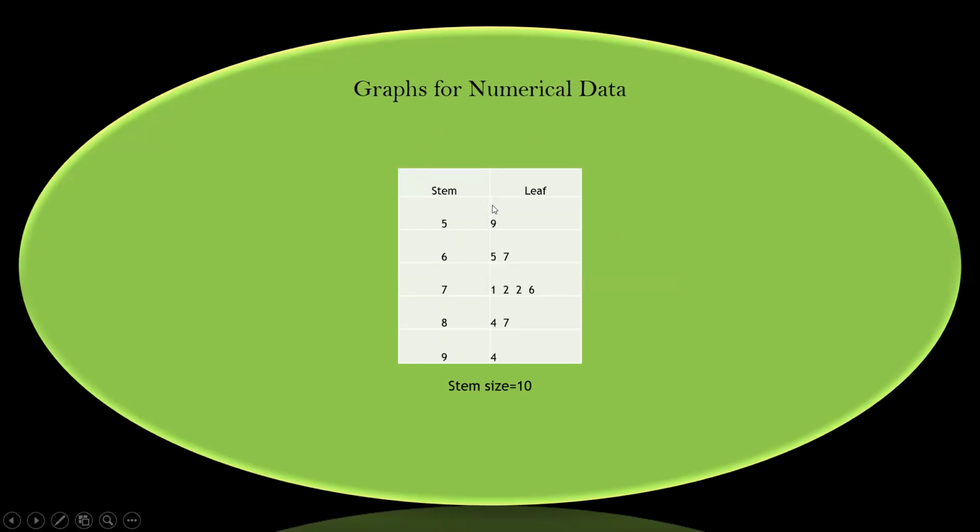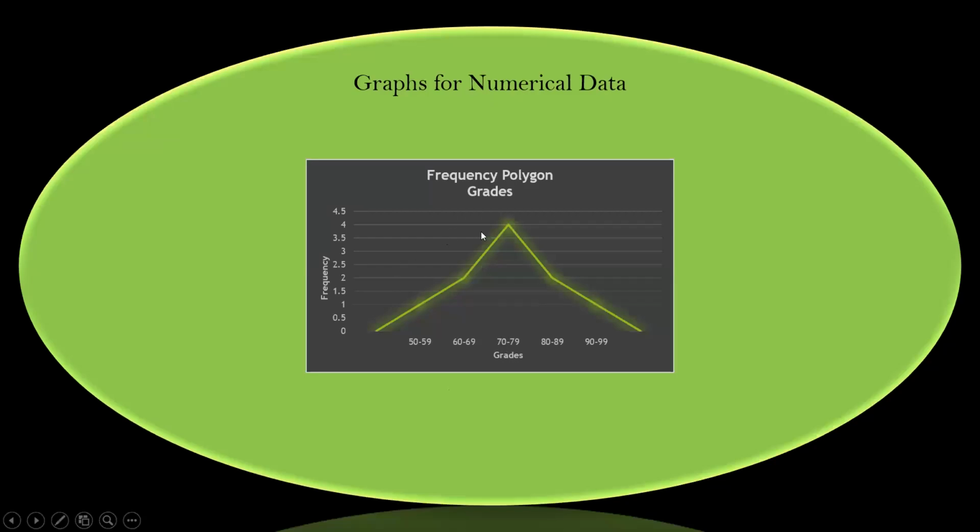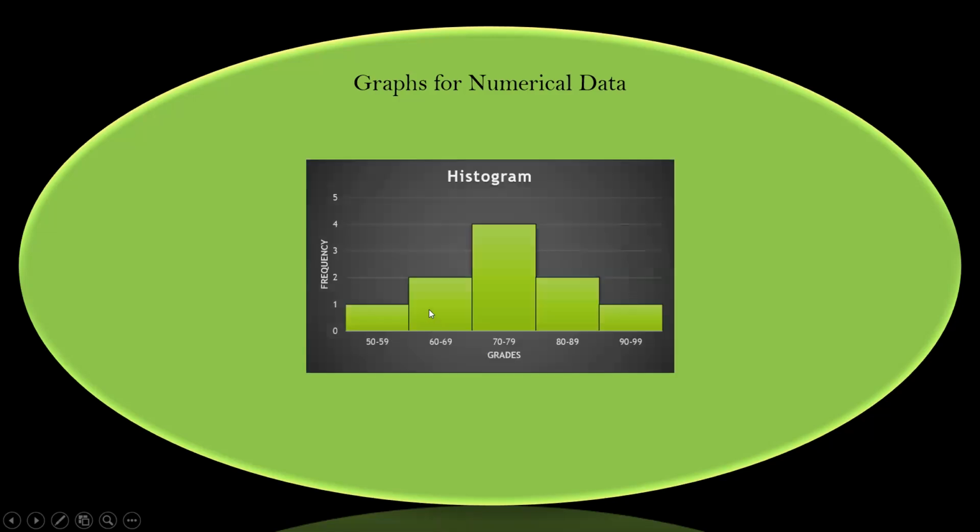Stem and leaf is one of my favorites. The reason I like a stem and leaf is that it's the only graph where you can actually see the shape of the data using the actual data. So if you look at this, you can't tell me what the underlying original data was simply by looking at the graph. And same with this one. You can't tell me how many 50s or 51s or 52s there were in the data set